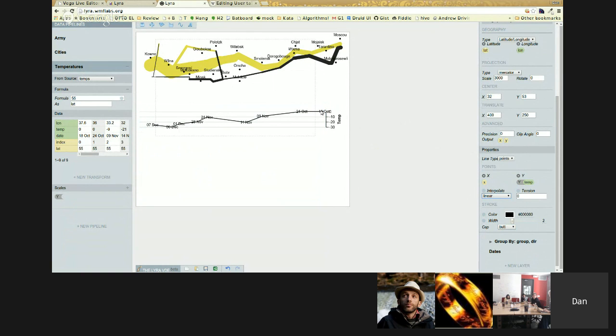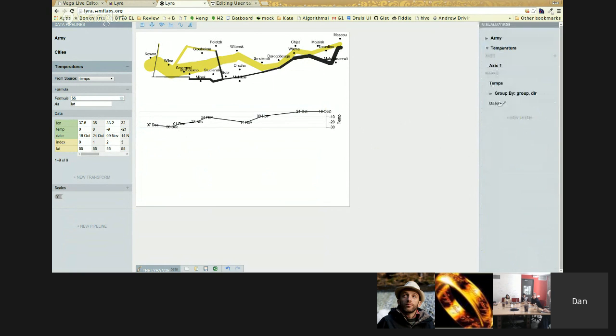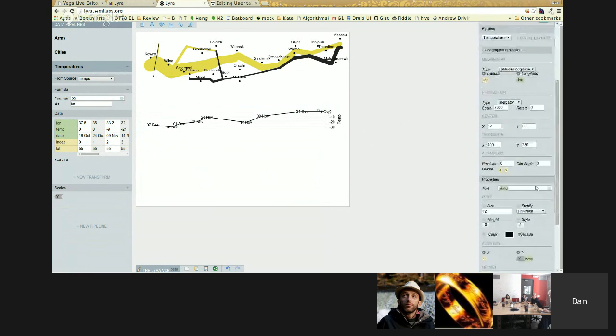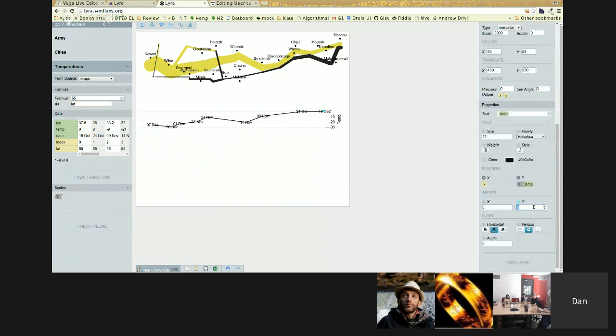And the text is kind of messed up. I don't like it over there, so I'm going to go back to the text and the dates, and I'm going to offset the y by 15 pixels. That way it's a little bit under the line. And there you go. That's basically